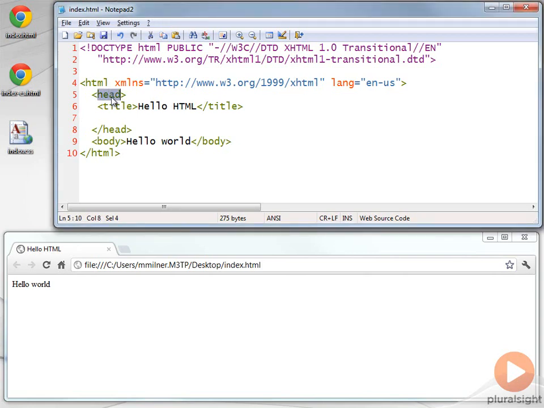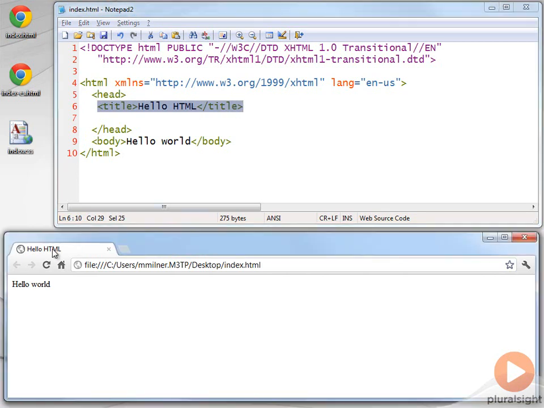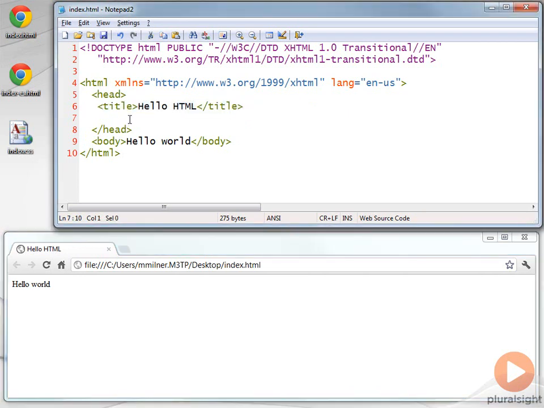In my document, the head element is going to be important for me to provide metadata to browsers and search engines that are looking at this document. We have the title in there now. It says Hello HTML. We can see that gets displayed in the browser tab. And that's about the only piece of information you're going to see out of the heading that actually gets displayed. But as I said, the browsers and search engines are going to be looking to this information as they review